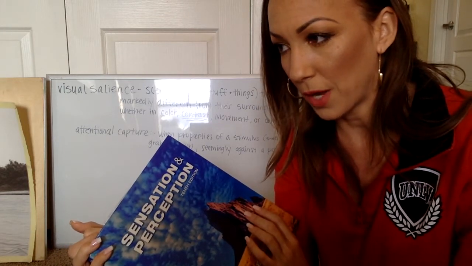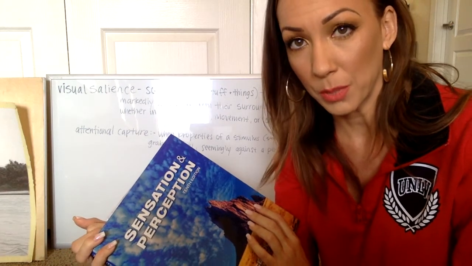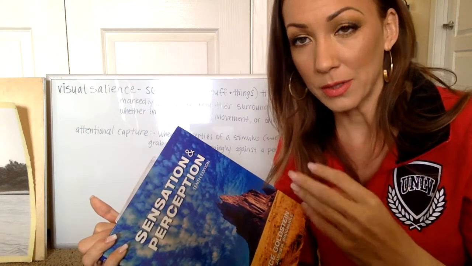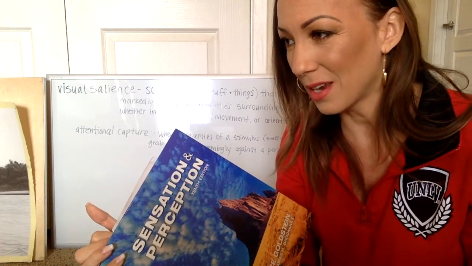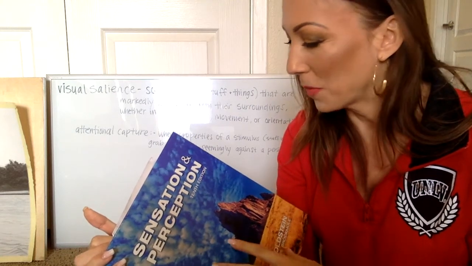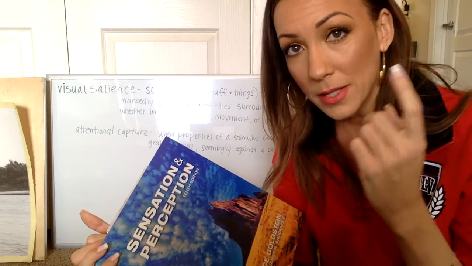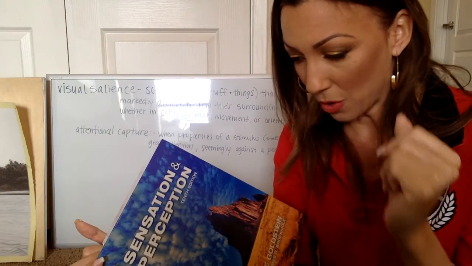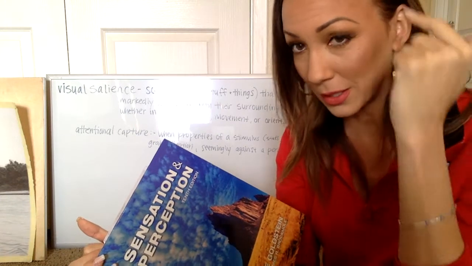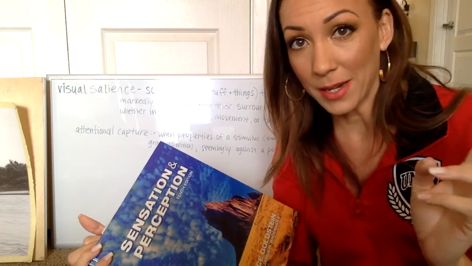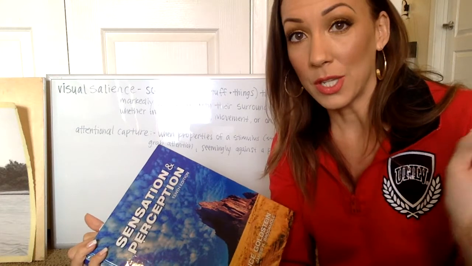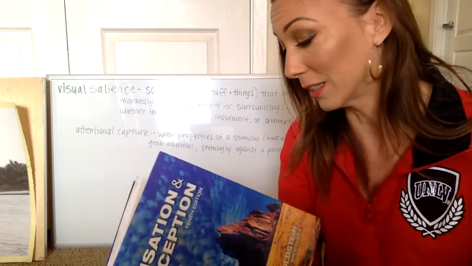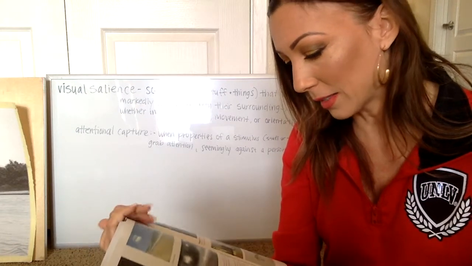Psychology 305, Foundations of Perception, and this teaches us how we see, and it breaks it down. It's science, with a little bit of psychology in there too. It's how we see with our eyes, how we hear, and how information's processed in different areas of the brain. And the fact that I can see anything for even a second of my life is the biggest miracle ever, and we take it for granted. It's pretty crazy. But I really liked this class, and